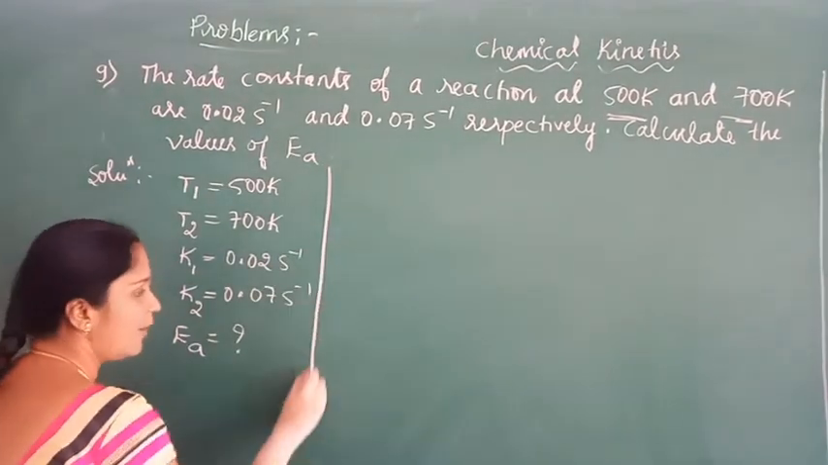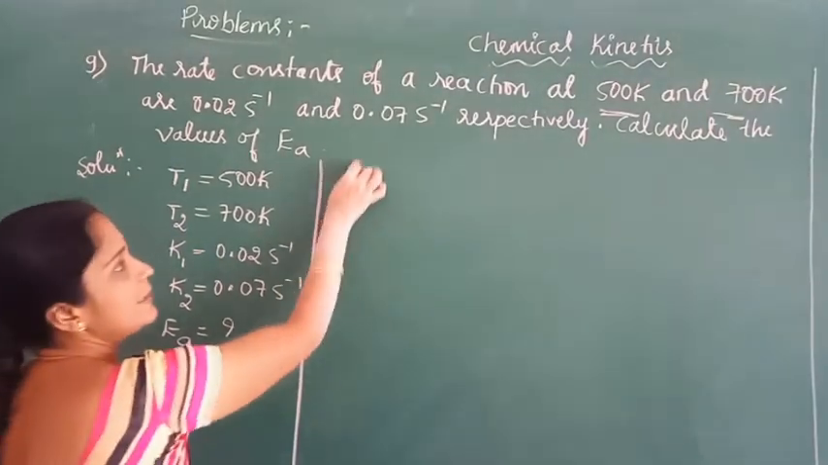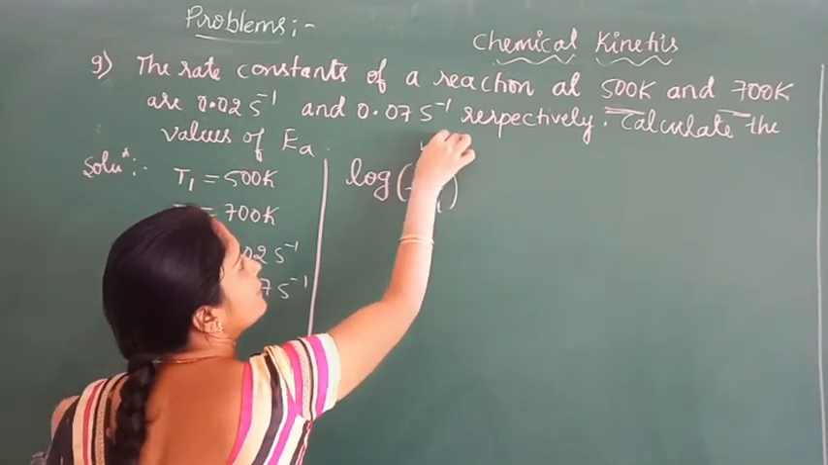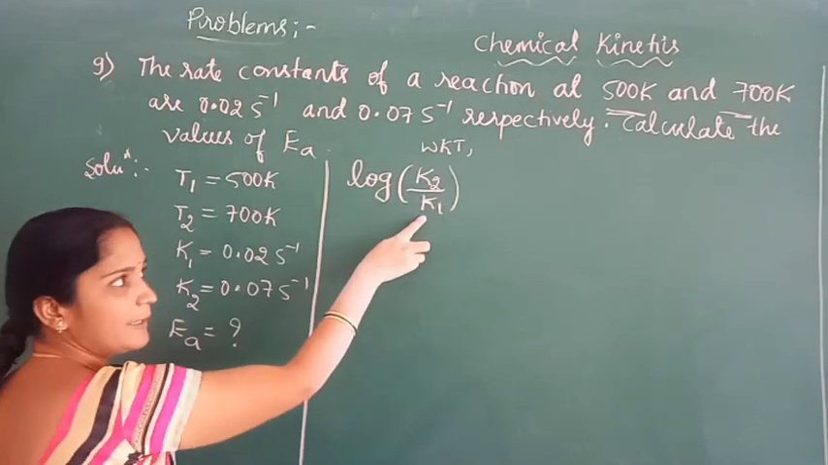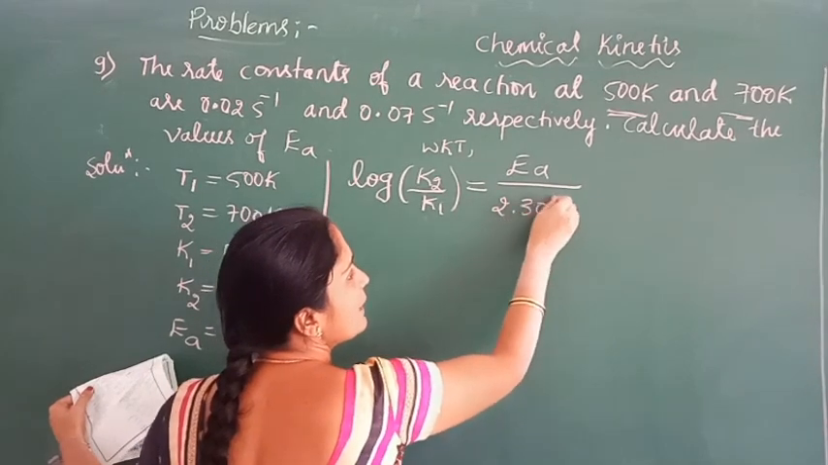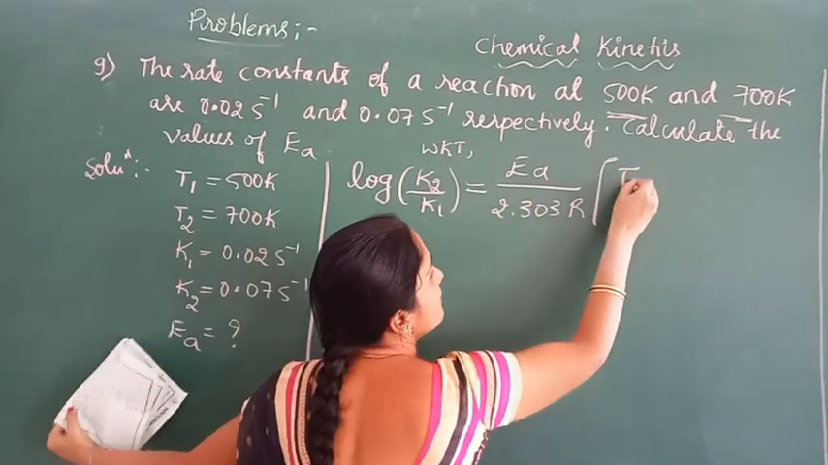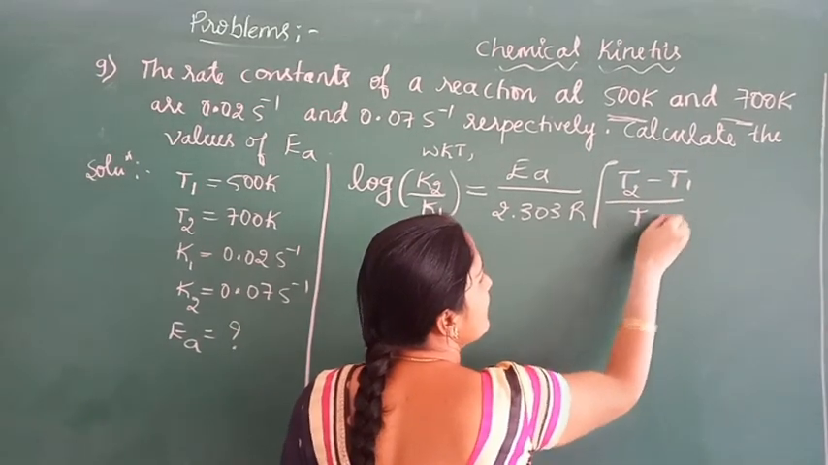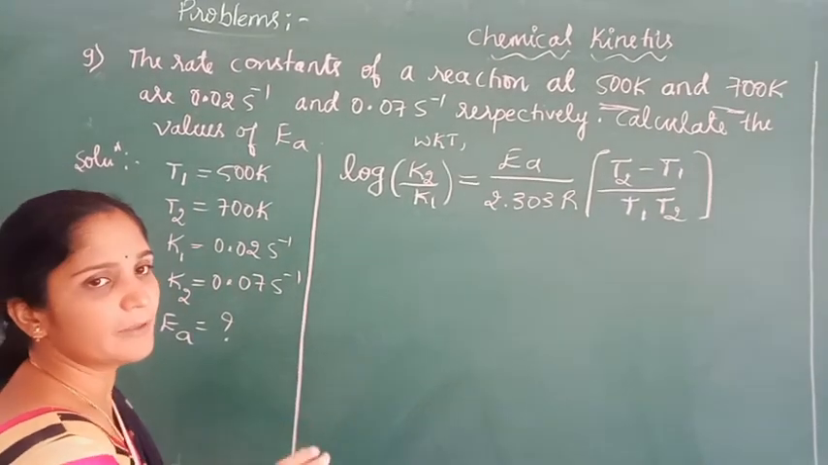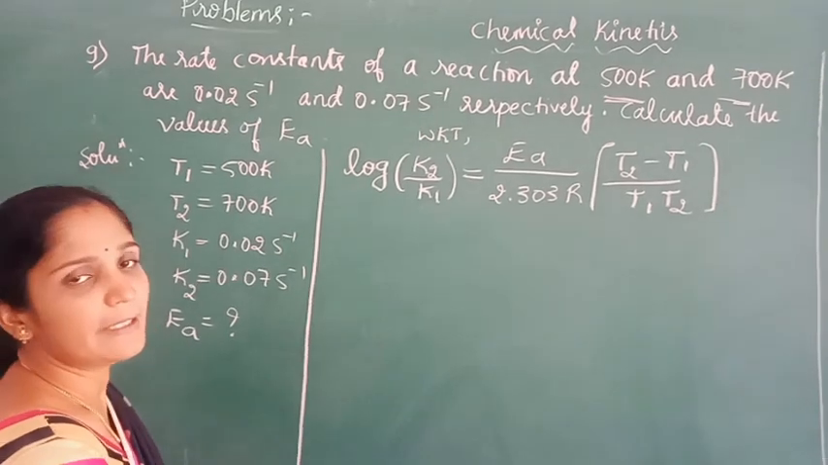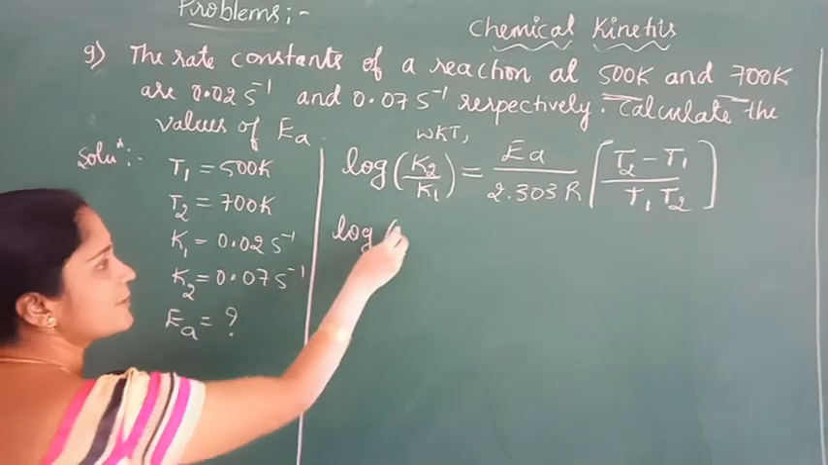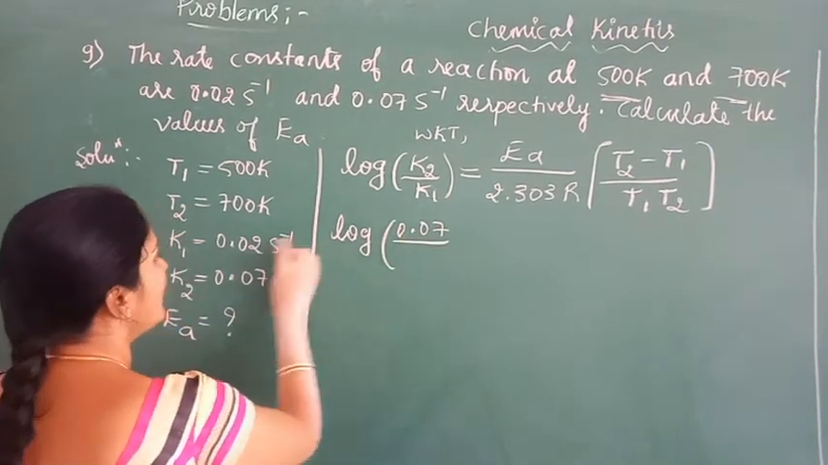So we know the formula to calculate activation energy: log of K2 by K1 equals Ea divided by 2.303 R times (T2 minus T1) divided by T1 T2. This is the formula to calculate activation energy at two different temperatures and two different rate constants. So here substitute the value of K2: 0.07 divided by K1 value is